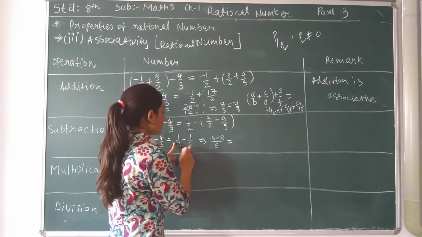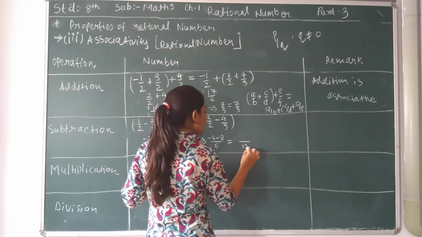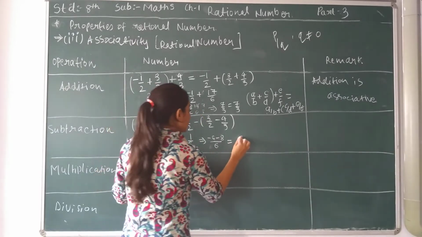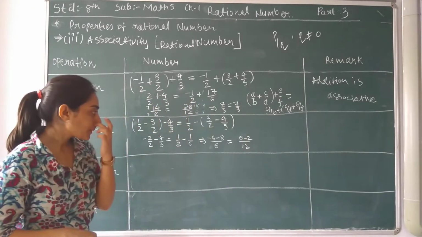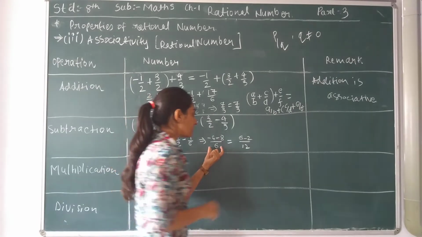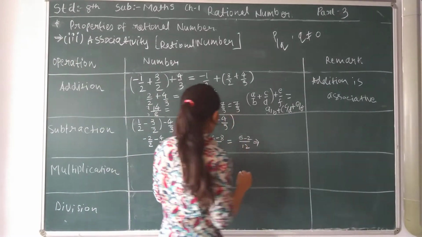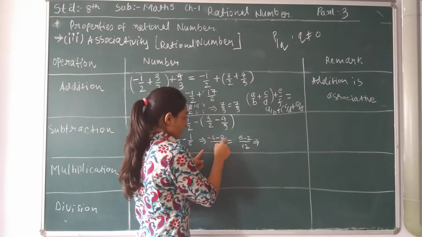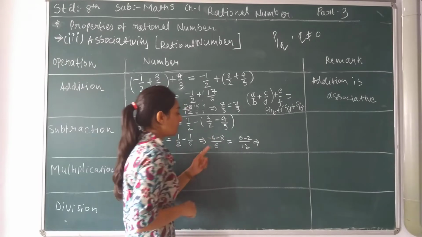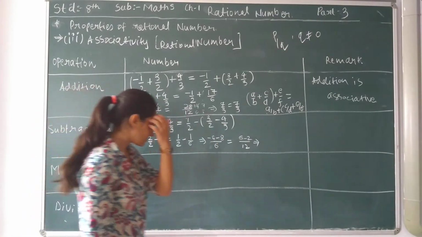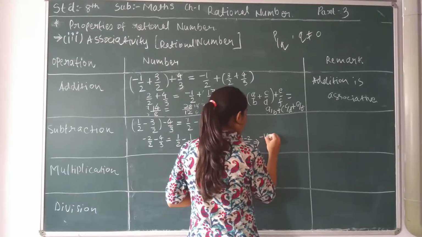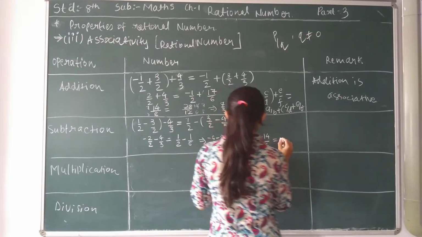Okay, now the LCM is 12. 6 minus 2. So you can clearly see that 6 plus 6 minus 6 minus 8 minus 14/6 equals